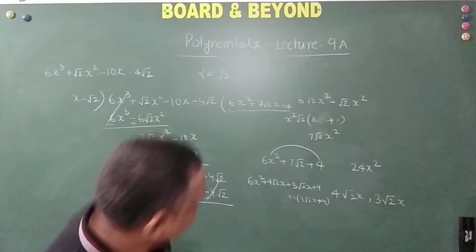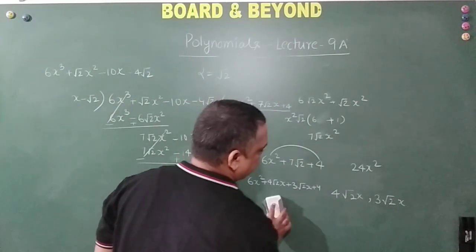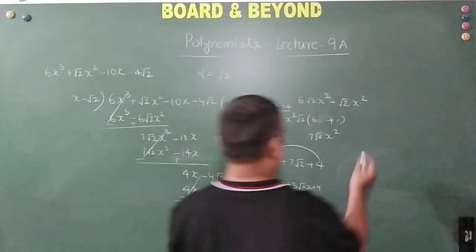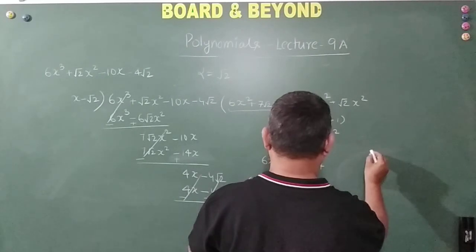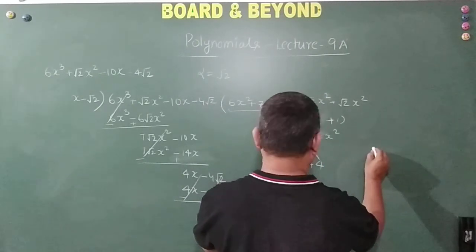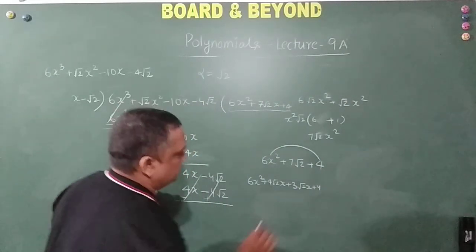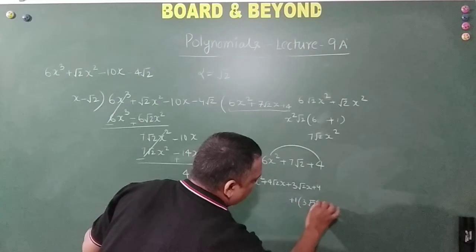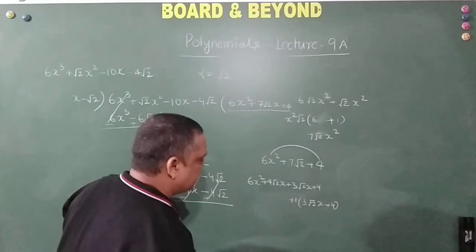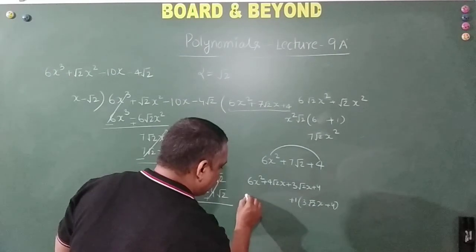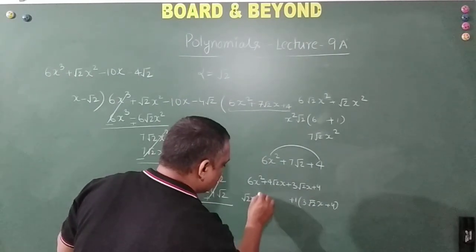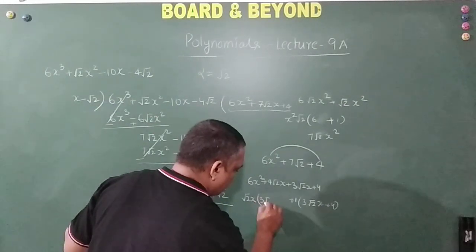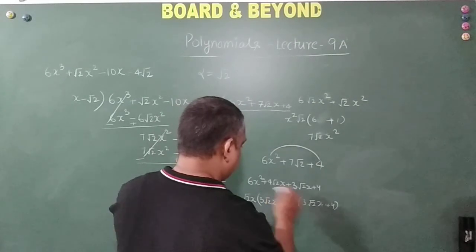Okay, let me just make some space for me on the board. I'll just rub it off. Okay, so what I am going to do is I am going to take nothing common here. Okay, let me come. So this I am going to take one common, 3 root 2 x plus 4. Let it be like that. Now I want 3 root 2. So here I will take root 2 x common here. So 6 divided by root 2 is nothing but 3 root 2. 3 root 2 x, and this divided by this is nothing but 4.